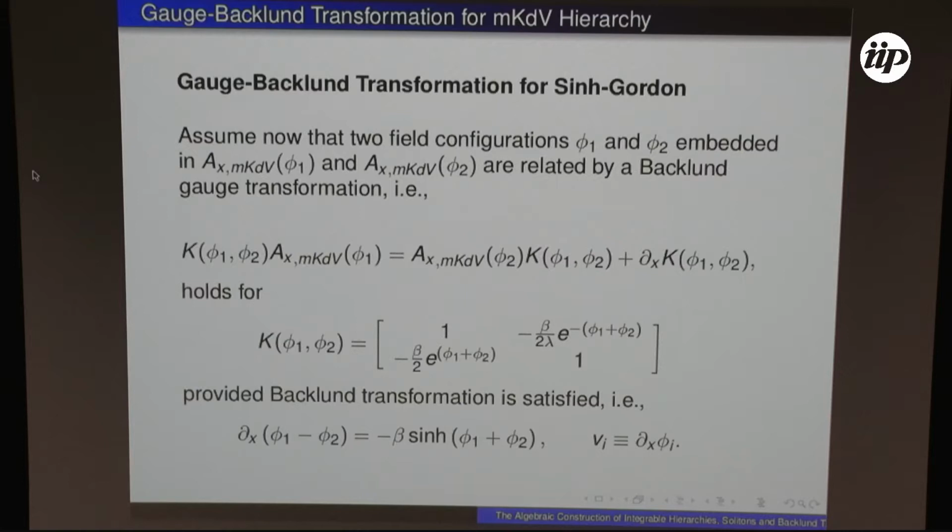So a Backlund transformation is something that transforms phi 1 into phi 2. This was a very clever idea, due to Ed Corrigan and collaborators. And the idea is, if you know the Backlund transformation, you know how to describe defects. But you know the Backlund transformation for Sine-Gordon. This, for 100 years, has been known. So what about the other models? I have an infinite number of models, mkdV, and all these other models. How do I construct the Backlund transformation for all these other models?